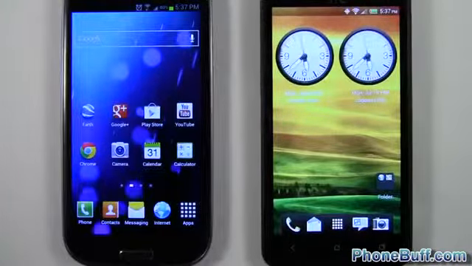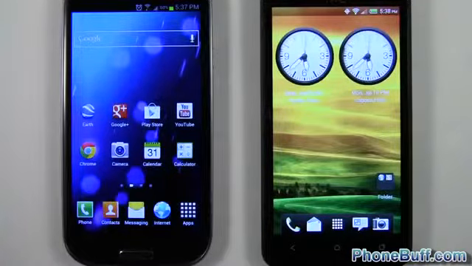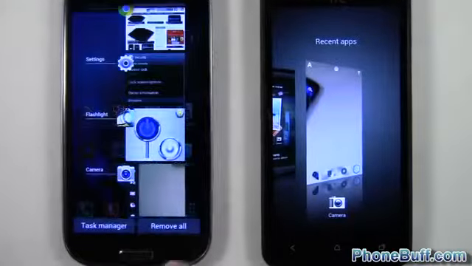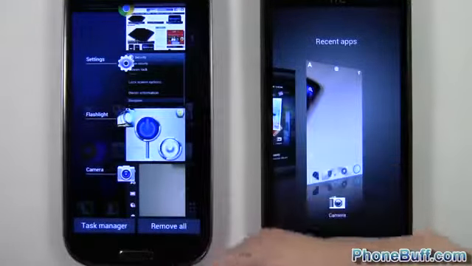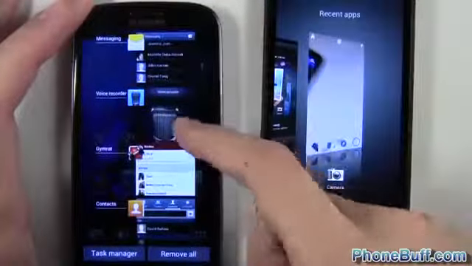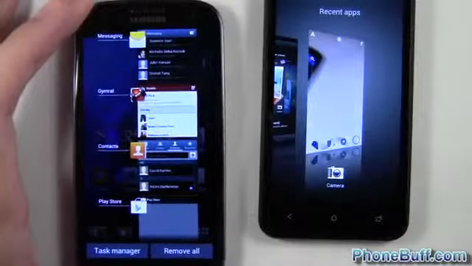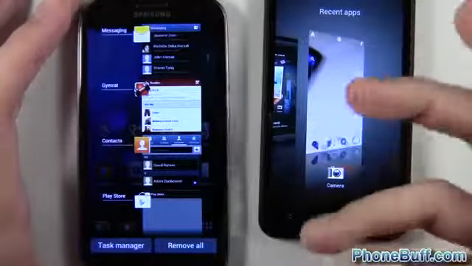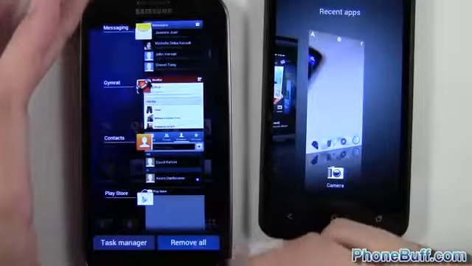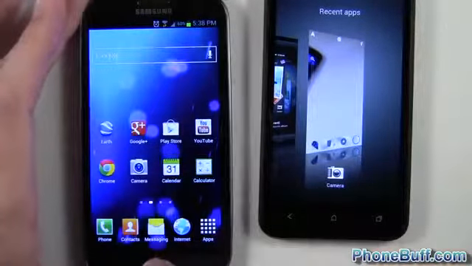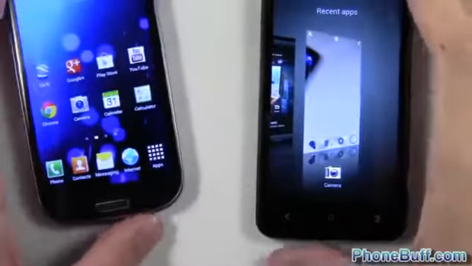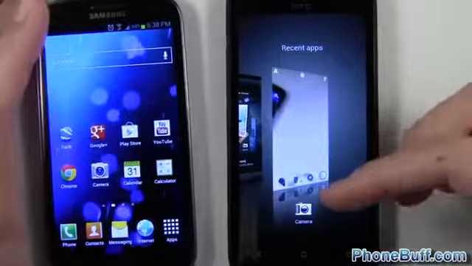All right, so that category is multitasking. So let's go ahead and open up the multitasking tabs on both of these guys. And as you can see, on the TouchWiz UI, it's pretty much like it is on Ice Cream Sandwich. You can scroll up and down, and if you want to close an app, you would just tap or swipe it to the left or right, which is like it is on Ice Cream Sandwich or Jelly Bean. But the cool thing on TouchWiz is you can hit remove all and it'll close out all your apps. Also, you have access straight to your task manager right from that screen,